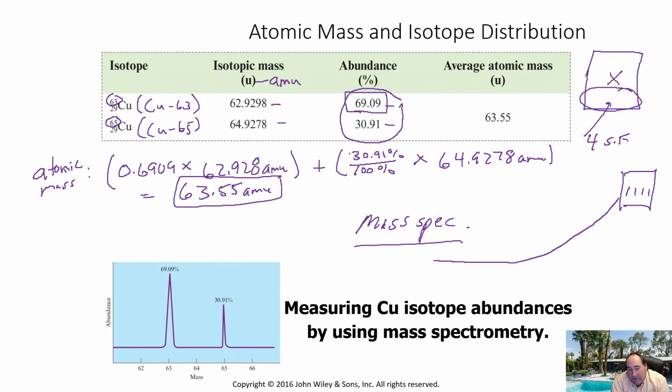So on the picture, as you can see here, the heavier ones come off later, and the lighter ones come off earlier, and you get different peaks that occur. And doing some calculations, they figure out, based on the size of those peaks off of the mass spec, the percentages of each of those isotopes. So that's the way they are able to figure out the percentages of these different isotopes. And also using a magnetic field, or a magnet, and electrical field, they're able to separate them out by mass as well.